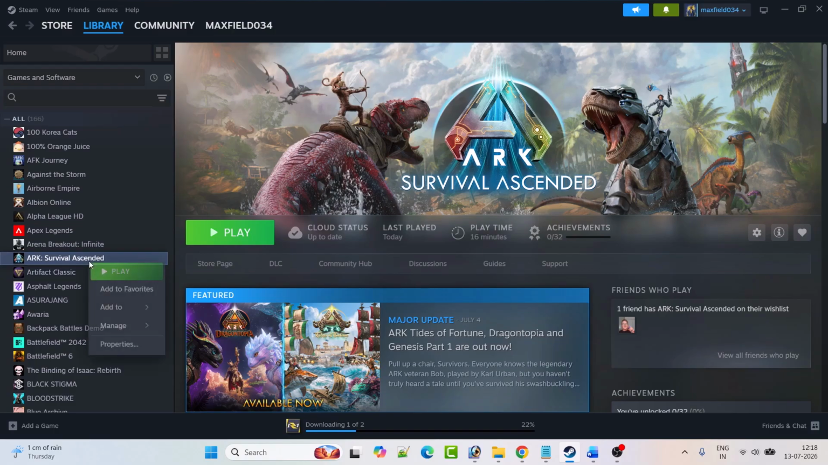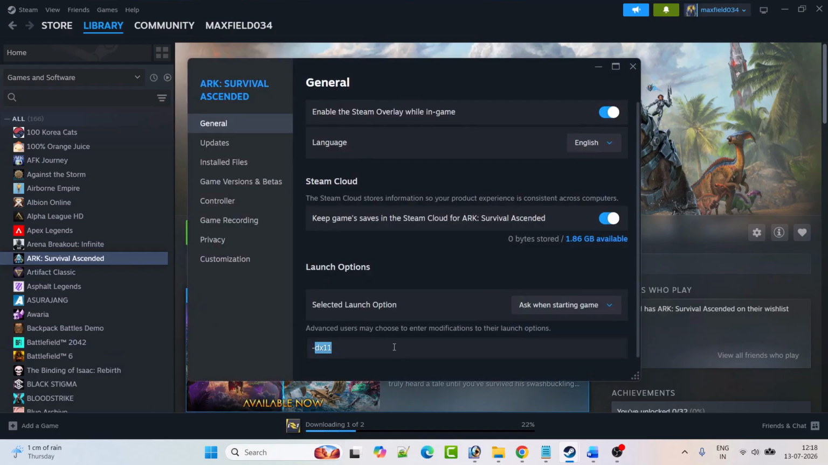If that doesn't work, again go to the game properties. This time type -d3d11, close the tab, launch the game and check. If it's still not working, then in the launch options type -force -d3d11, close the tab, launch the game and check. If it's still not working, then in the launch options type -windowed -d3d11 and then close the tab, launch